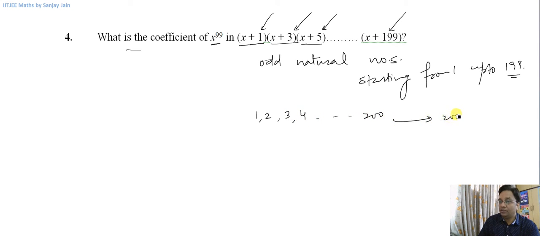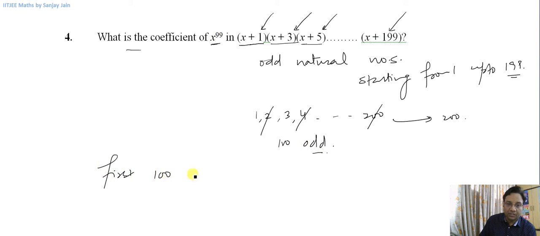These are 200 natural numbers, right? So if I just take out the even natural numbers, there will be 100 odd numbers left. And what are these odd numbers? These are the first 100 odd natural numbers,